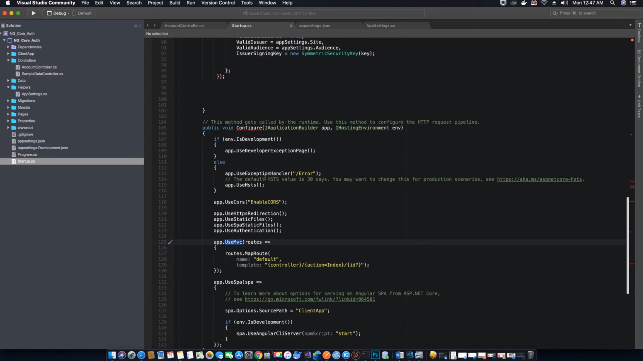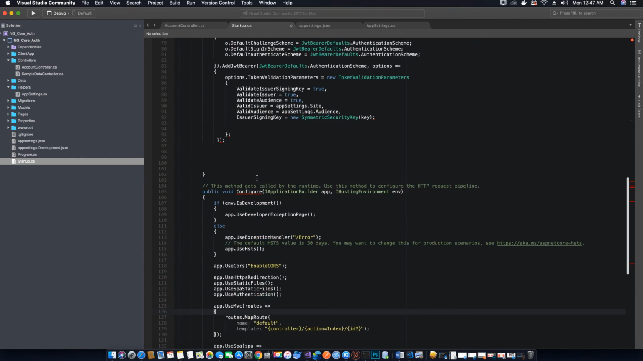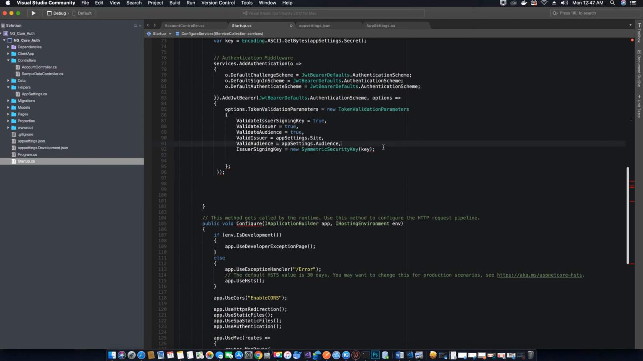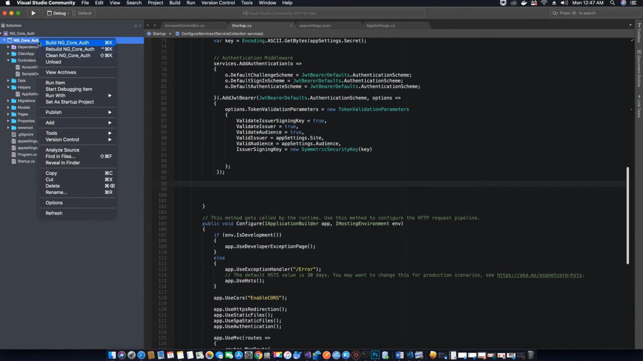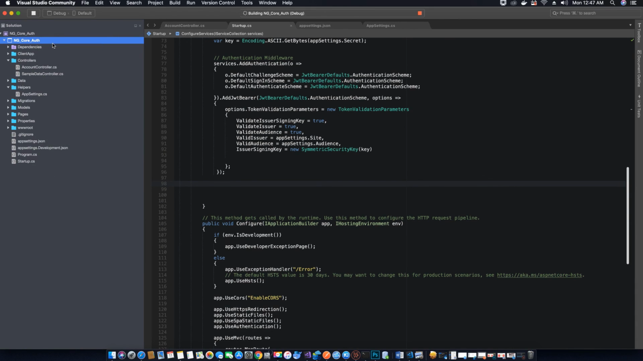So as we know, everything inside the Configure method will execute in a sequence. So first we want to execute the authentication service and then the app.UseMvc. And I'm getting an error here because I have used a semicolon. So let's remove this semicolon. Now we can save this file and we can go ahead and build our project to make sure that there